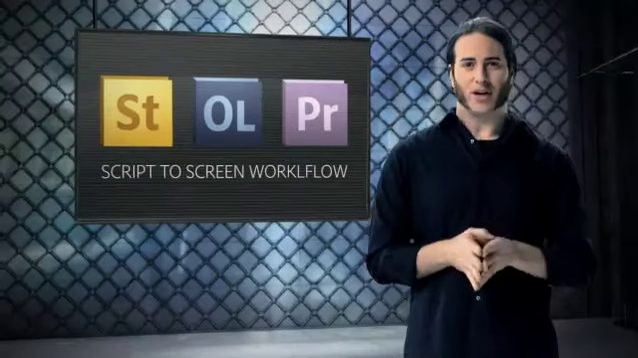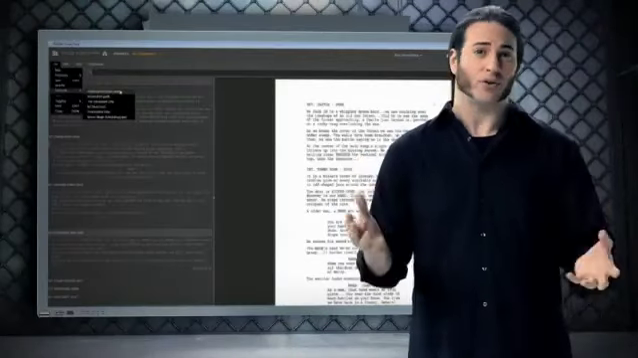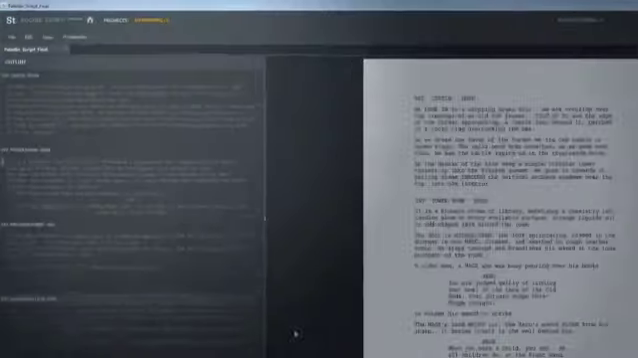So the fourth feature I'm going to talk to you about today is something called our script-to-screen workflow. And this starts in Adobe Story. Now, Adobe Story is where you can actually create and build your script. You can even import scripts from popular script writing applications. Let's take a look. So now that we have our script in Adobe Story, what we can effectively do is